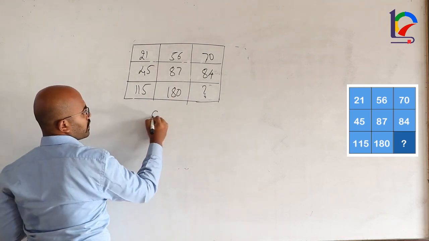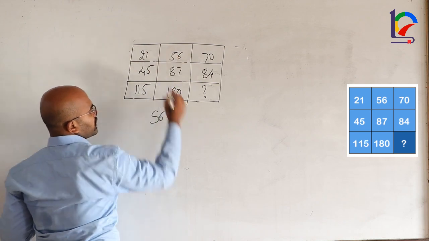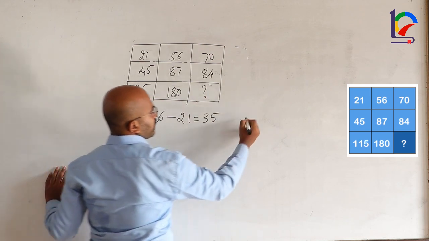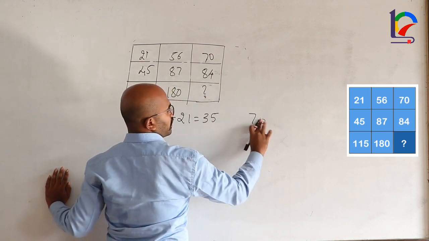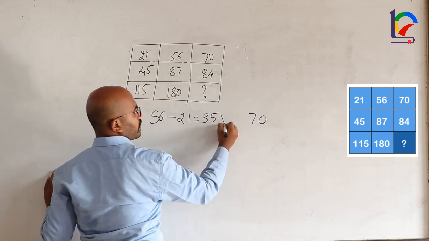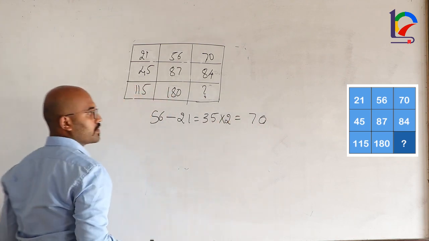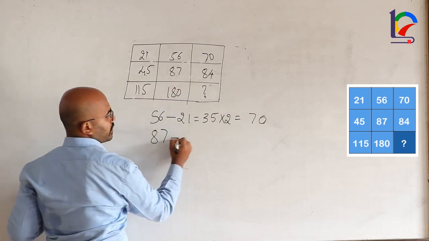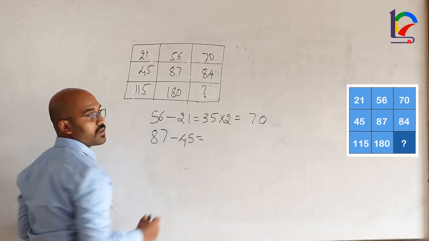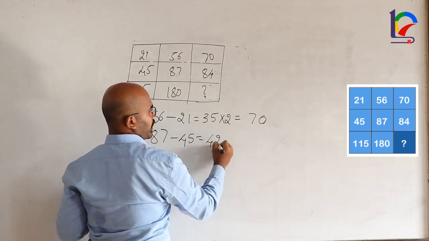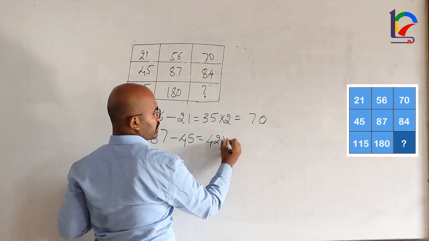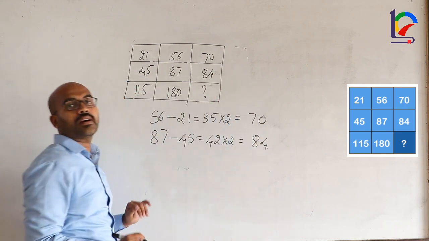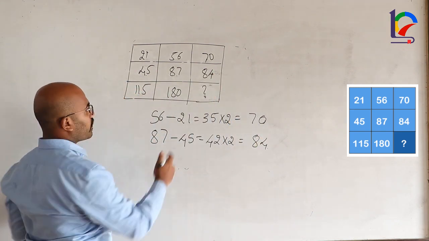So how we got 56 minus 21 is 35. We have 70. So if you want to get 70, what we need to do is multiply by 2. So similarly here, 87 minus 45. 87 minus 45 is 42. So what we did here is multiply by 2. So it's the same. So in a similar way, what we need to do here is